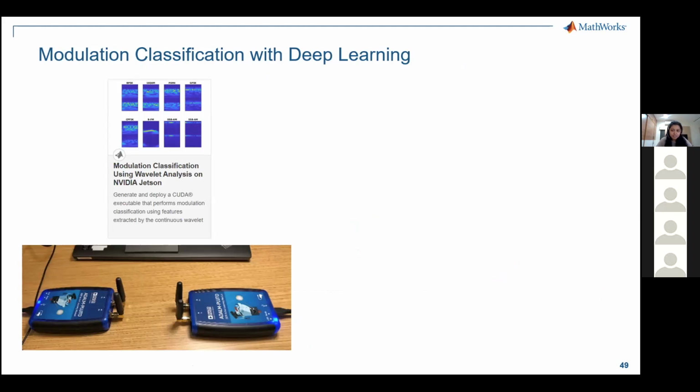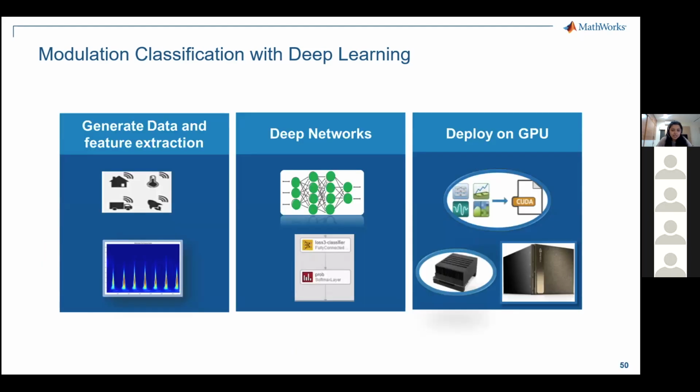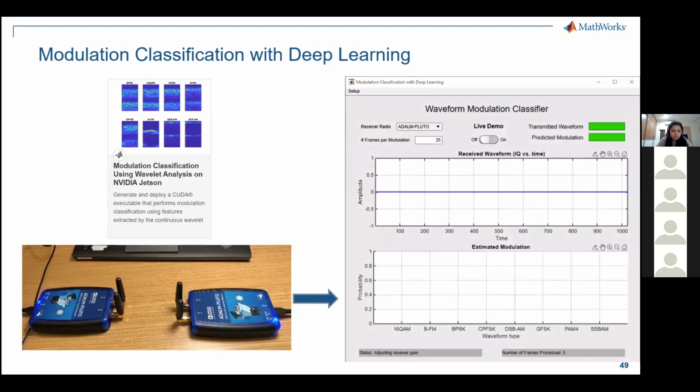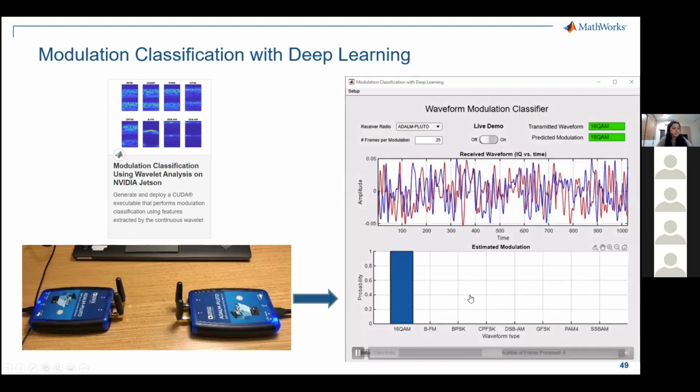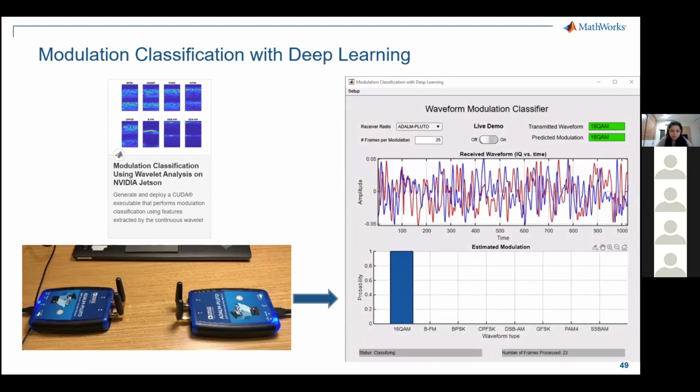So when the receiver receives the signal, it uses a trained neural network to classify from eight possible classes. So over here you can see the received signal is then being classified, and